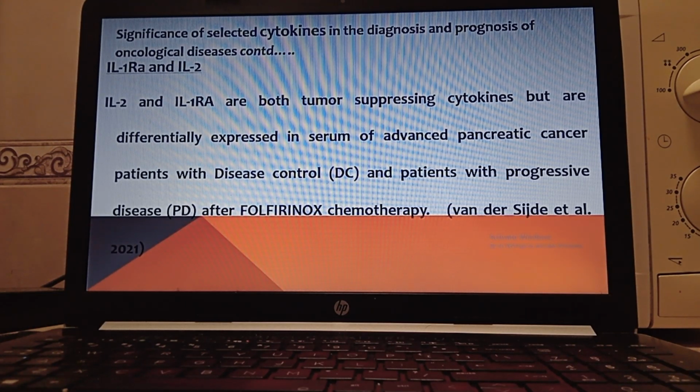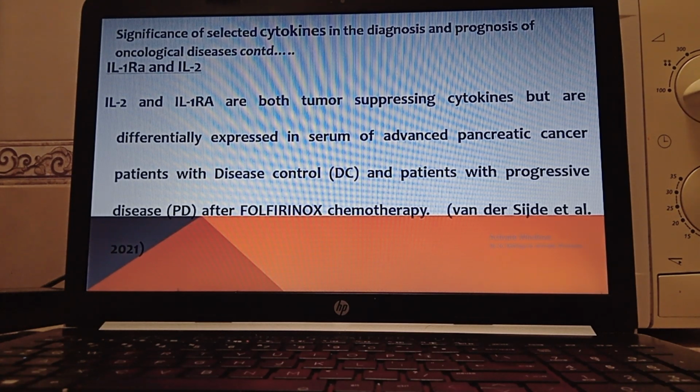Both are differentially expressed in the serum of advanced pancreatic cancer patients with disease control and patients with progressive disease after treatment with FOLFIRINOX chemotherapy. So to throw a little more light on this, now a research done by Van den Siege et al., 2021, they sampled